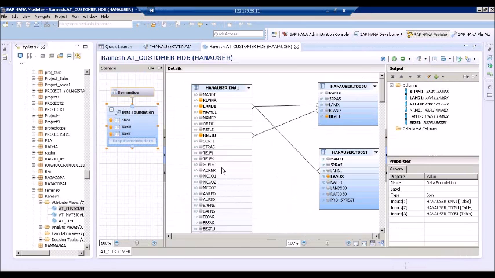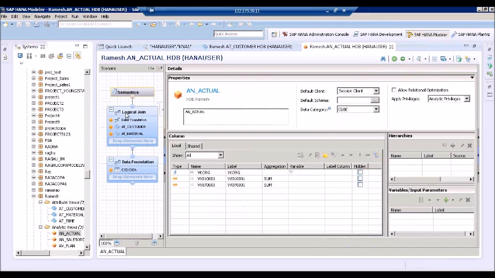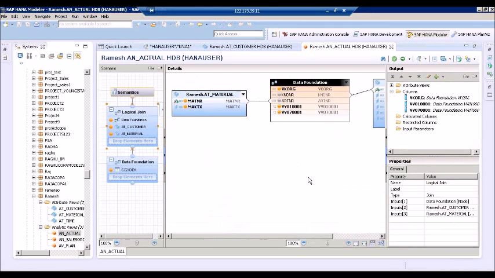See, this is one of the attribute views that was designed on the customer information, and we have one analytical view which is on the fact data of materials and customers,